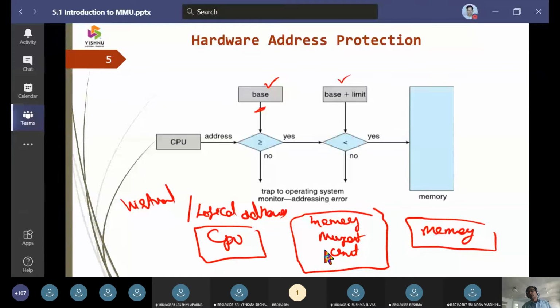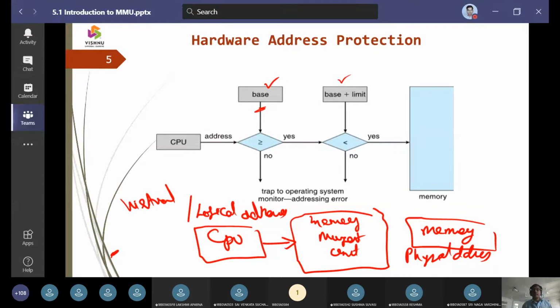Memory is going to work with physical addresses. Now you should understand that the memory works with physical addresses, and the CPU works with logical or virtual addresses.